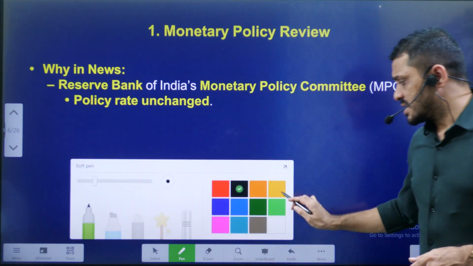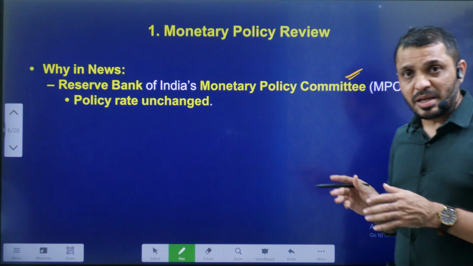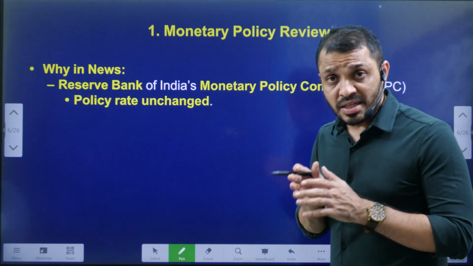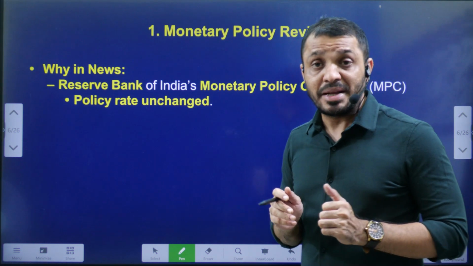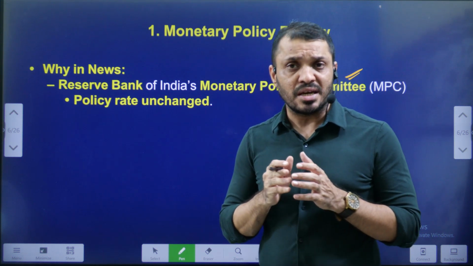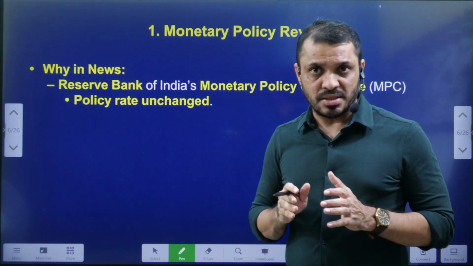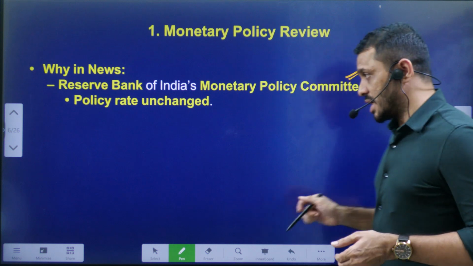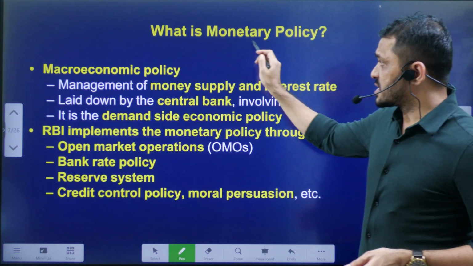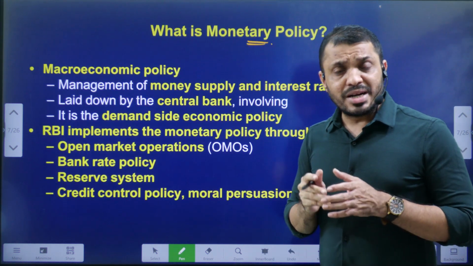The Reserve Bank of India's recent Monetary Policy Committee meeting was held and they did not change any rates. That means the repo rate, reverse repo rate, and CRR were unchanged. Now let's see further news regarding this. First, what is monetary policy? Monetary policy is all about